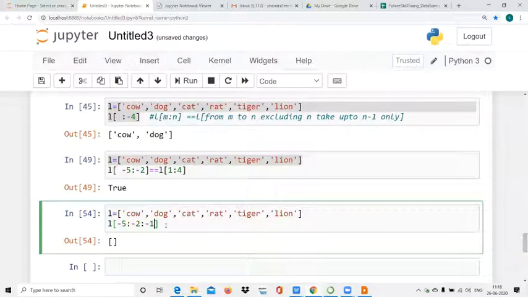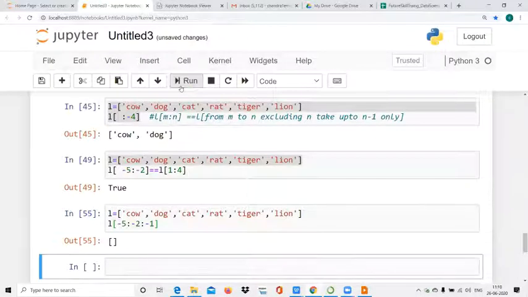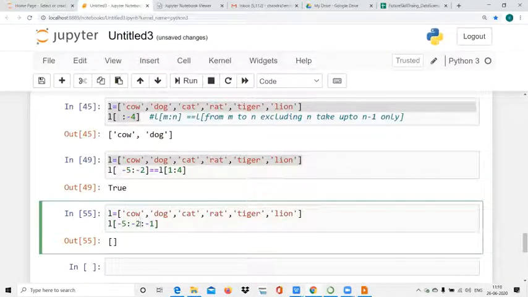-1. So -1 is actually used for reversing the string. Why -1? 0 to 5 with -1.